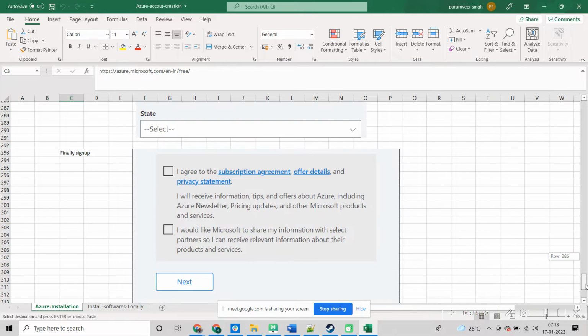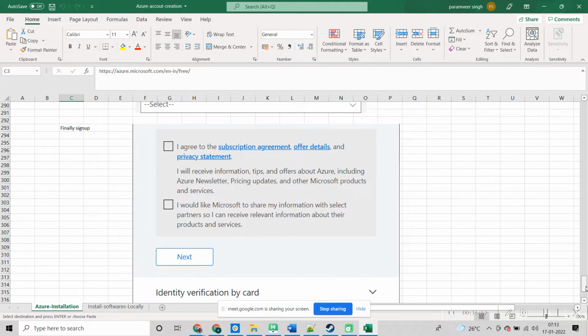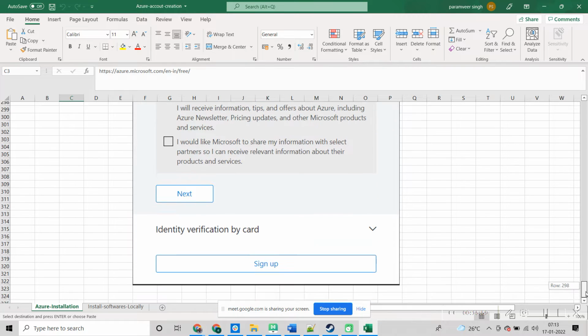Then finally sign up with the terms and conditions; there is no optional option there, so you just need to check and go next.